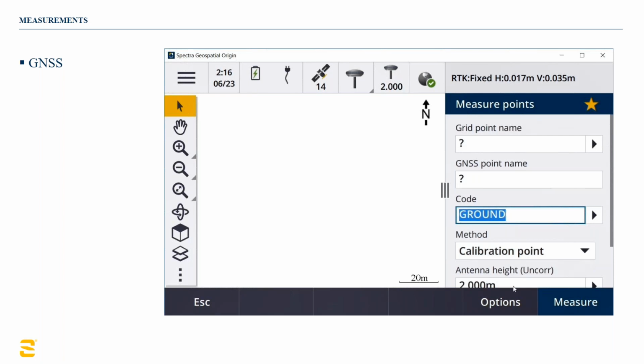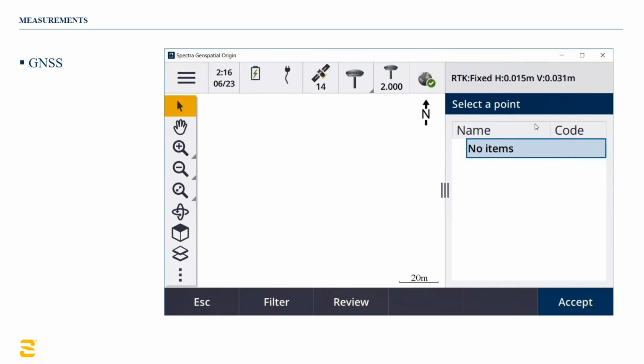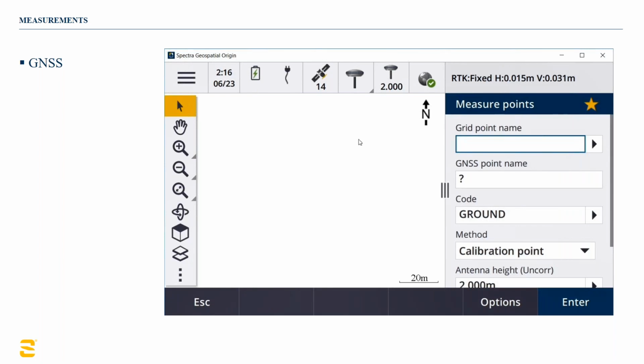And then I've got this calibration point. This also is a control point, but it gives me the dialog where I can match up my grid point to my GPS point, just like we do in Survey Pro, and the dialog is very similar. So here we can,